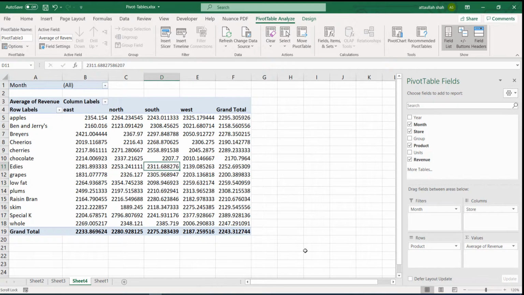So this is how we create a report. I'll give you some other exercises, some other examples that I would like you to solve. So until then,